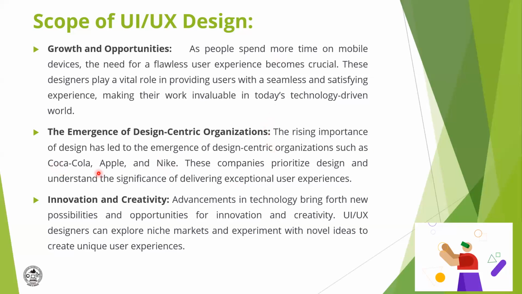And then, as we discussed earlier, Coca-Cola, Apple, Nike, and all these companies prioritize their design. Coca-Cola is using red and white, Apple is using white and black, Nike is using white and black color. You just explore each and every website and see what their design theme is. For example, if you go to the Flipkart website, it will be in yellowish and bluish color. So it denotes that it is Flipkart's area. Flipkart means it should be in this color only. This color should describe the brand. Likewise,